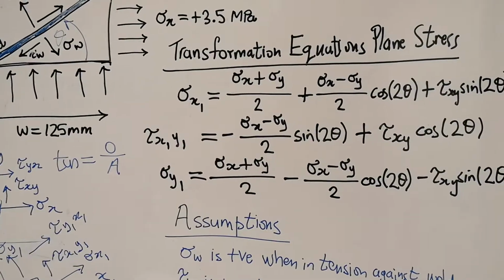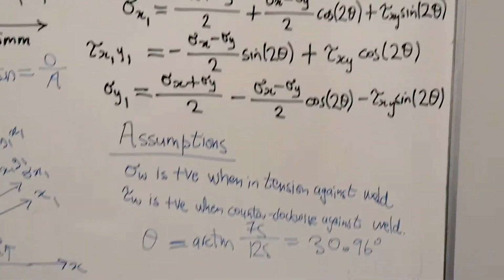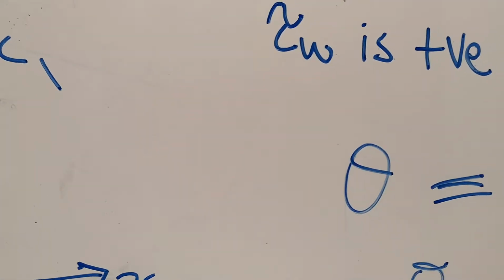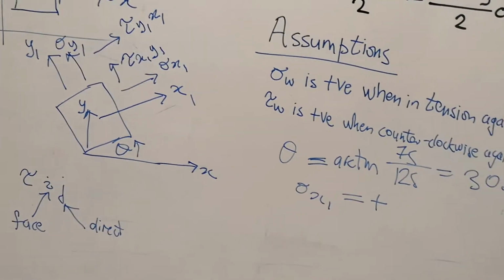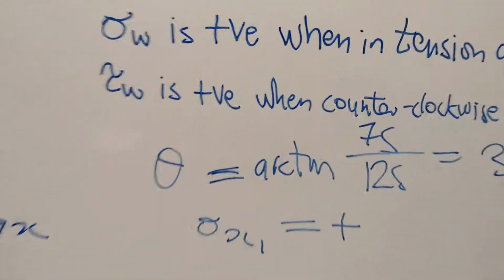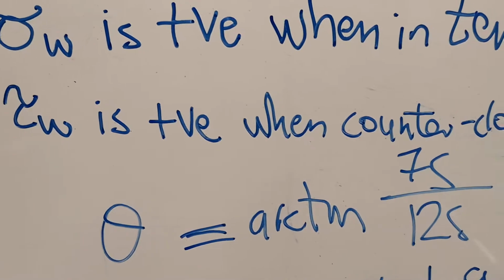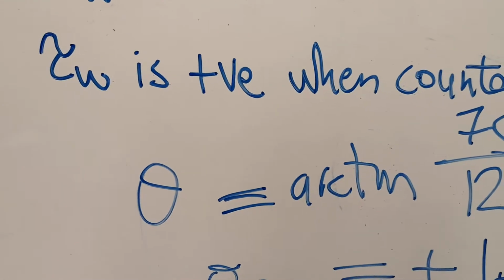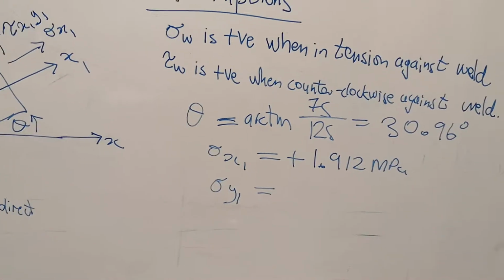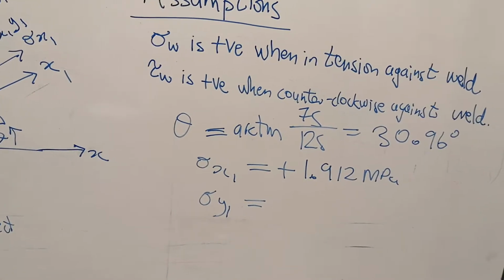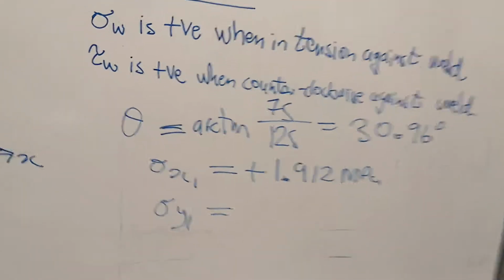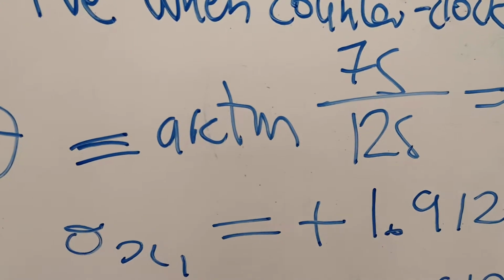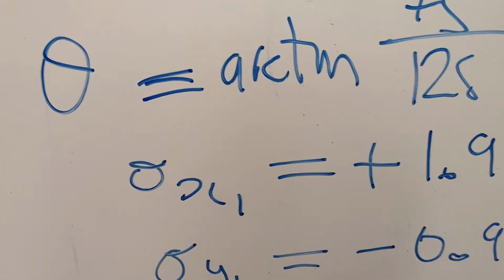We get an answer for sigma x1 of, what is it? Sigma x1 is equal to positive 1.912 megapascals. Sigma y1 is equal to, what do I get? Negative 0.912 megapascals, and then the shear stress,